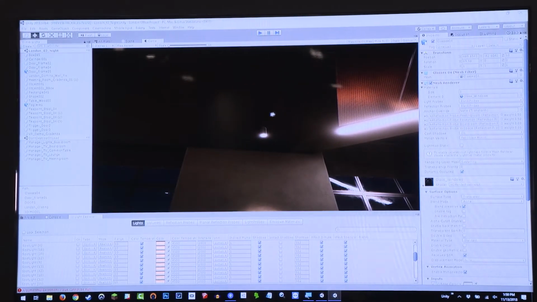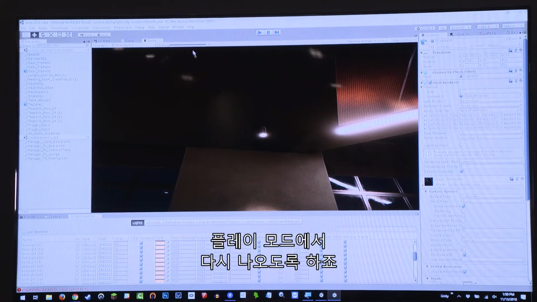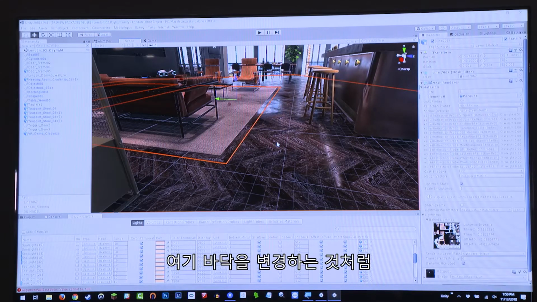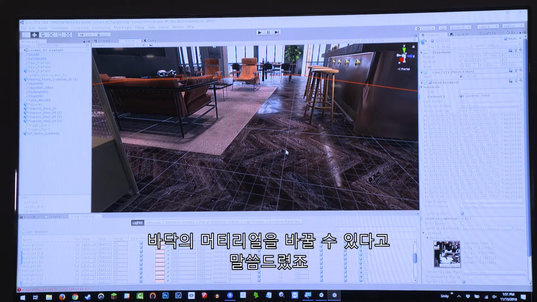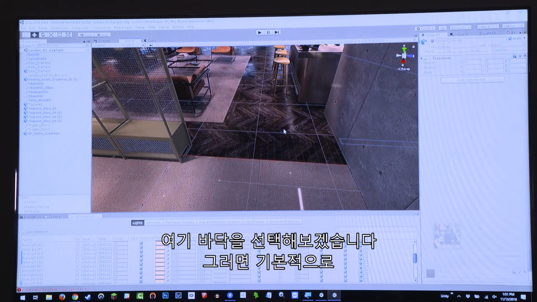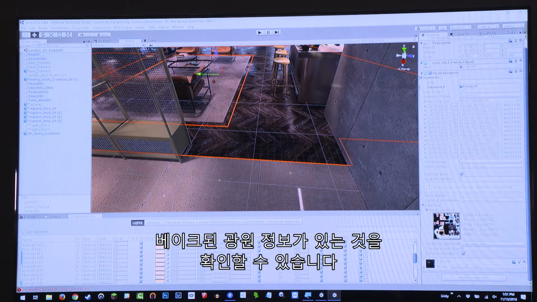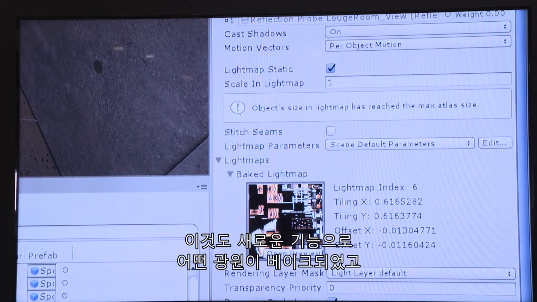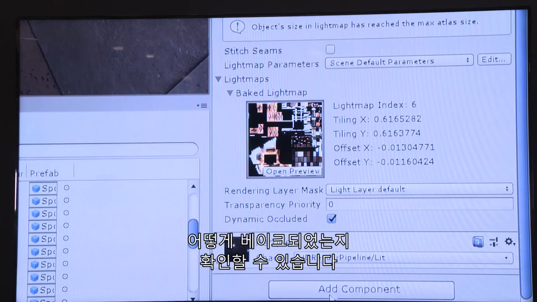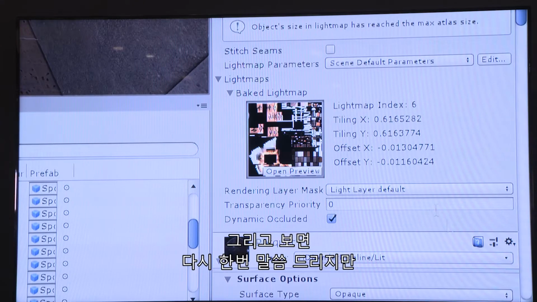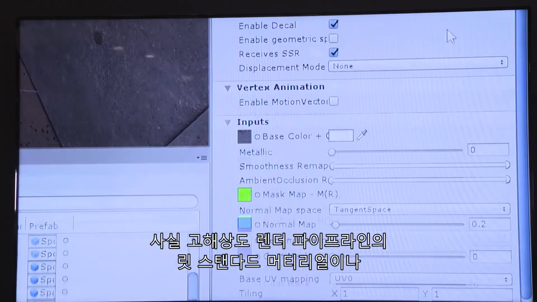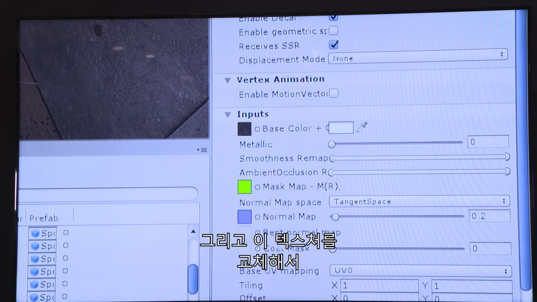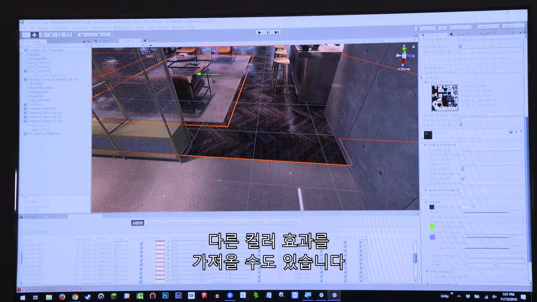All right. So I'm going to leave play mode one more time. And again, things like this ground, with changing the ground. So we saw how if I pressed the key, we were able to change the material on the floor. Let me select the floor there. And so we can see that we have basically some baked light information. And this is also new, where we actually can see what light has been baked and how it was baked. And then again, we can see that it's in fact still just using this standard lit shader, the HD render pipeline lit. And we can just swap out this texture to get these different color effects.